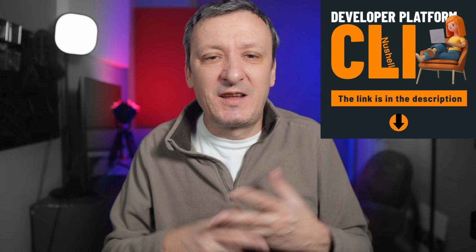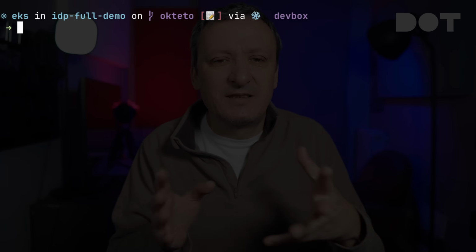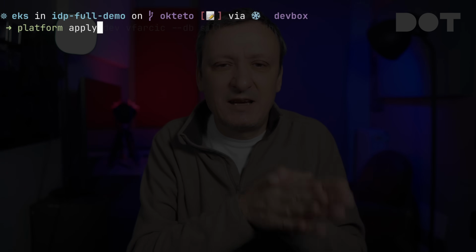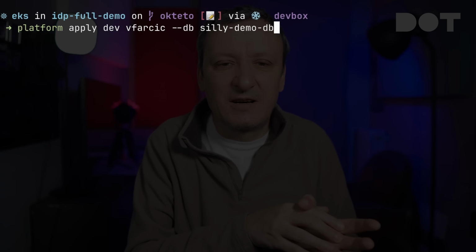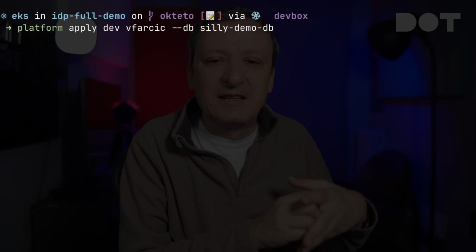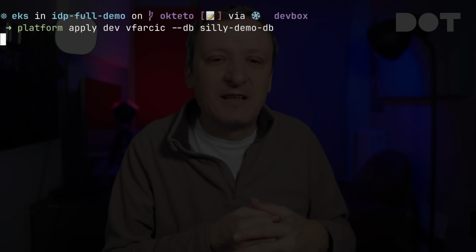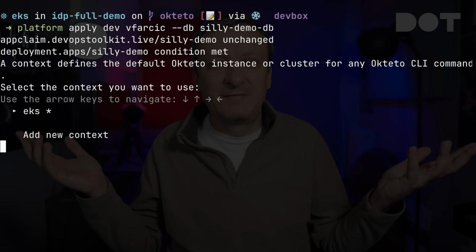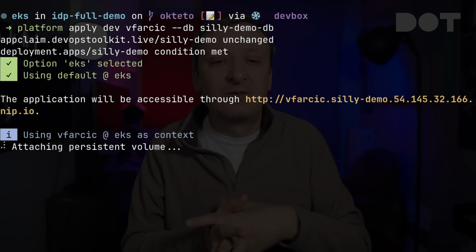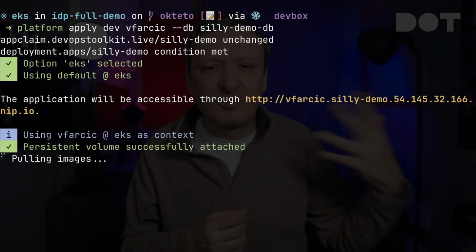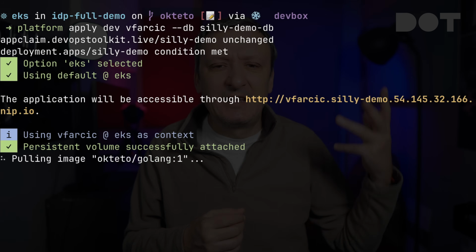Finish this one first. Now, I will not go into details why nushell is a good choice, nor what's inside the script we're about to execute, mainly because I already explored nushell and I do not want to repeat myself. Instead, we'll just run it and see the effect. We'll apply a dev environment for the user with RSec, and in this case, tell it that we want it to be connected to the database silly_demo_db. That's it. That's all that needed to be done to have a fully operational, remote, production-like development environment that runs